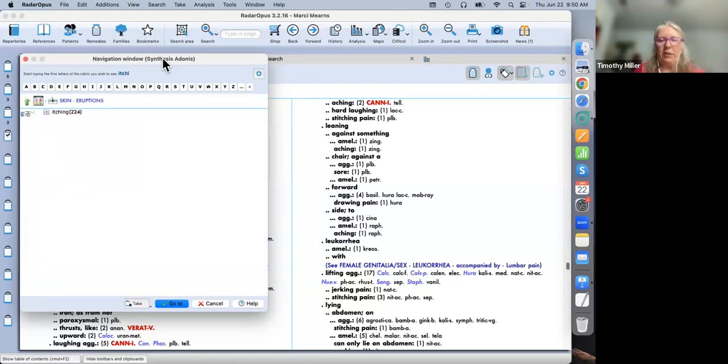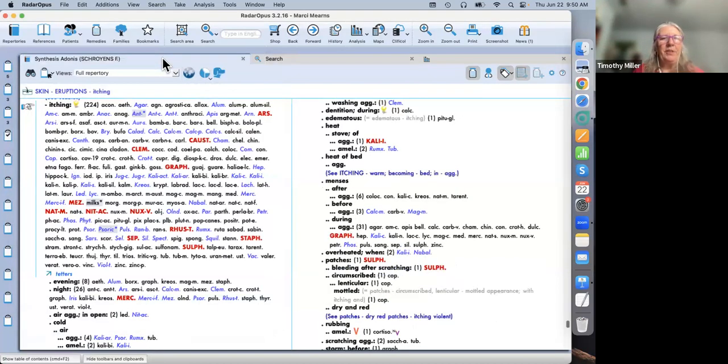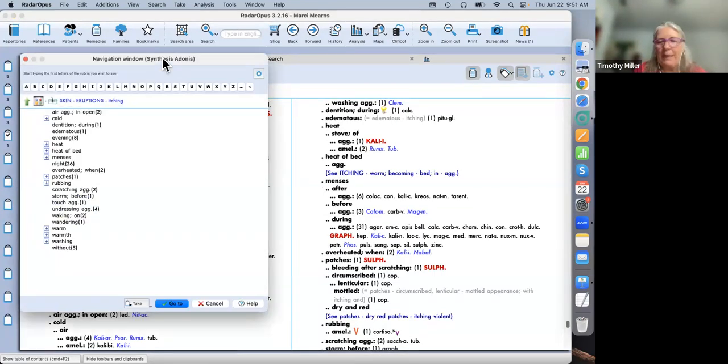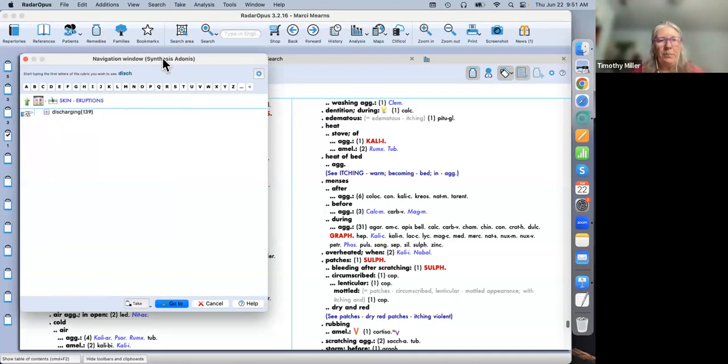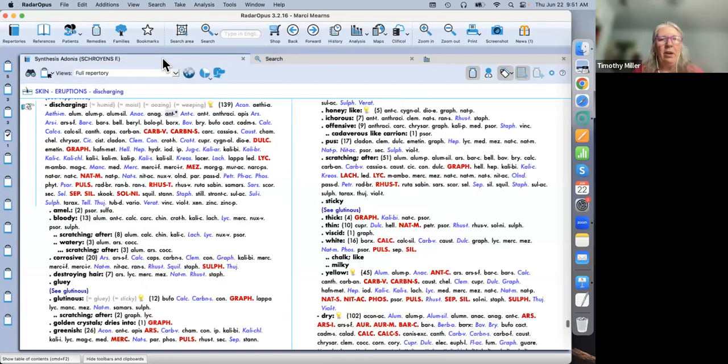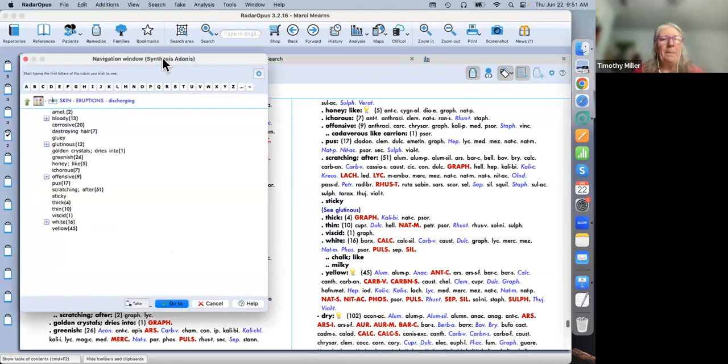Itch. There we go. Itching. Enter, enter. There's my itching eruptions. Use the equal sign. It goes right onto that clipboard 4. Now, I'm going to use the backspace key because I'm going to get right back to my navigation window. Backspace one more time, and I've got eruptions discharging, right? There they are. Going to hit my plus key, throw that on that same clipboard there, and then finally, backspace